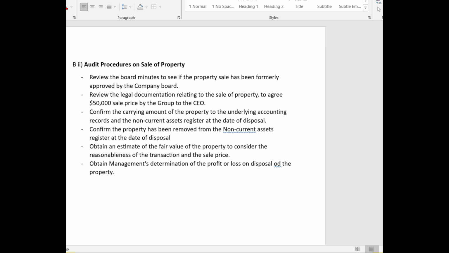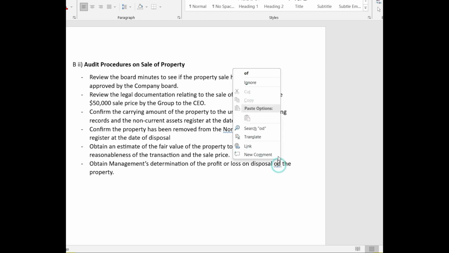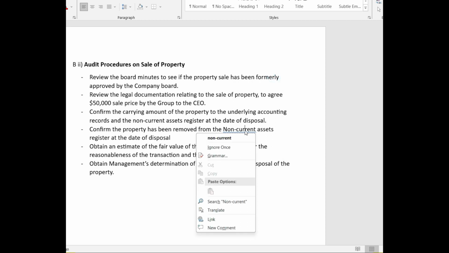I would like to elaborate this point further, that obtain management's determination of the profit or loss on disposal of the property,